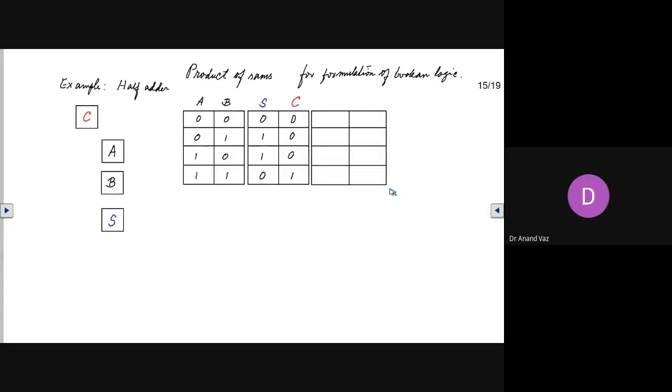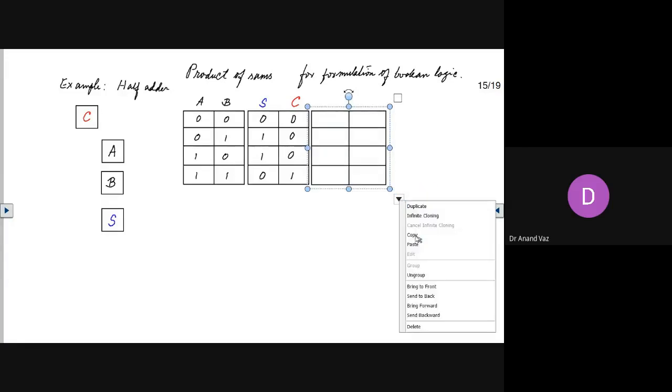And also let us make one more copy of this because we'll need it.